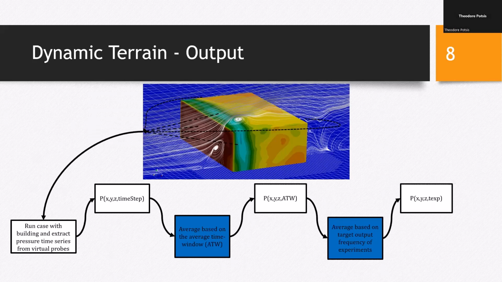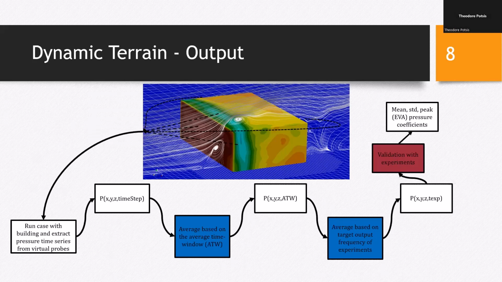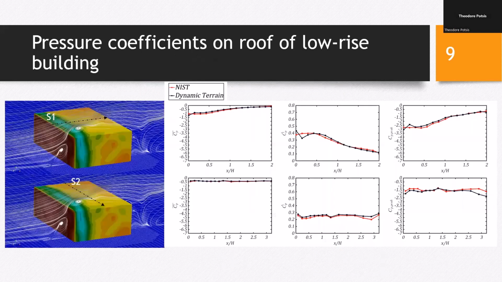So the final time series has this time of the experimental procedure that we want to validate. And of course, then we go and try to validate at least the mean, the standard deviation, and the peak pressure coefficients on building envelopes. Now, for the purposes of this presentation, I decided to present results for pressure coefficients on the roof of a low-rise